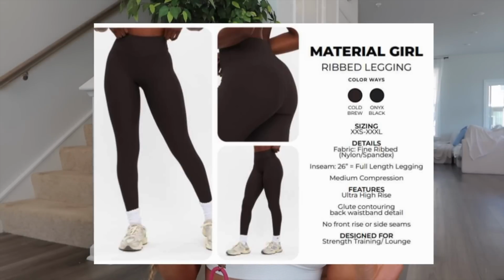These, again, are not the flares, just your normal leggings, 26 full-length legging. A medium compression, ultra high rise. Again, I'm not an ultra high rise girl. No front rise or side seams. And then cold brew and onyx black. Again, I'm not really a dark bottoms girl, so maybe if it had come in a lighter one,